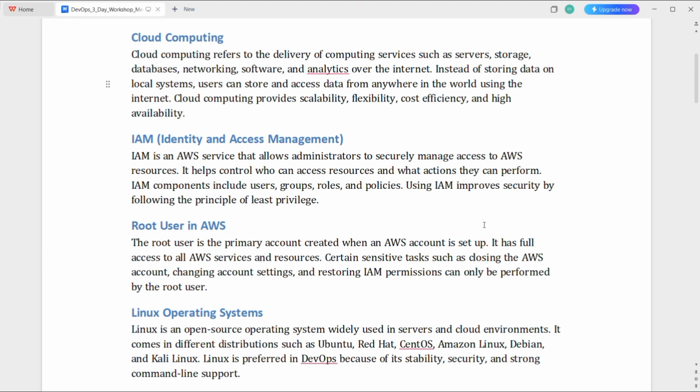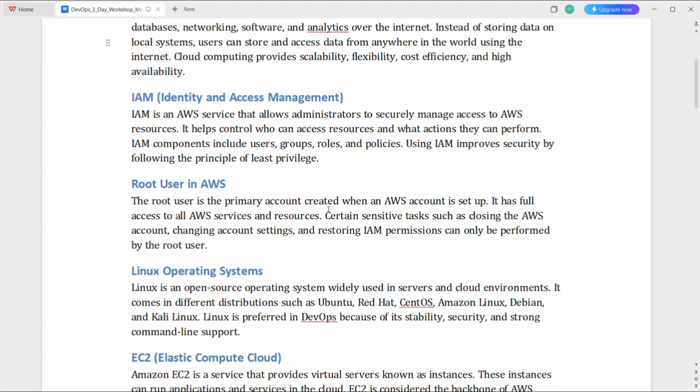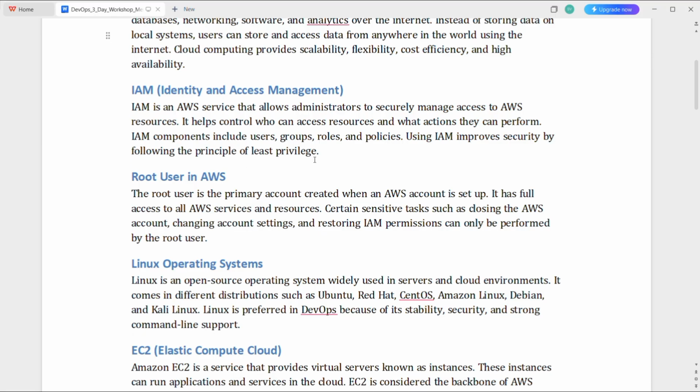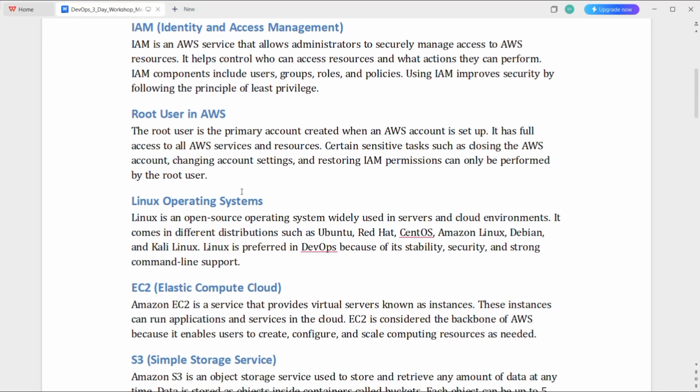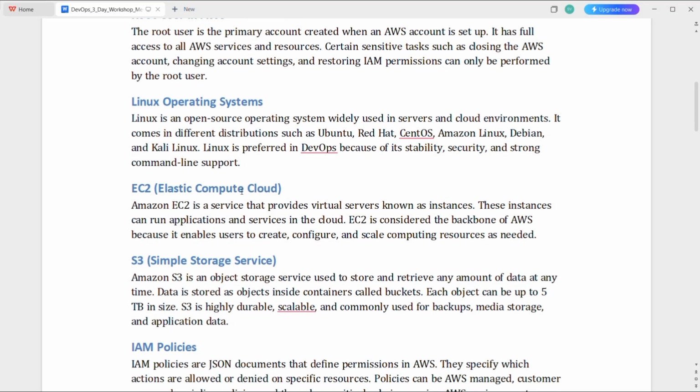And what is AWS and IAM? AWS stands for Amazon Web Services, which provides cloud services like compute, storage, networking, etc. And IAM, or Identity Access Management, is an AWS service used to manage access securely. With IAM, we can create users, groups, roles, and policies, etc. And the root user is the main AWS account holder, and an IAM user is an individual user created with